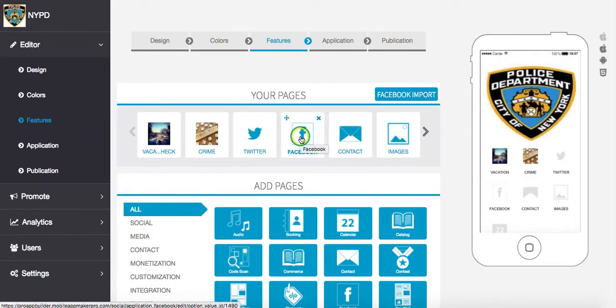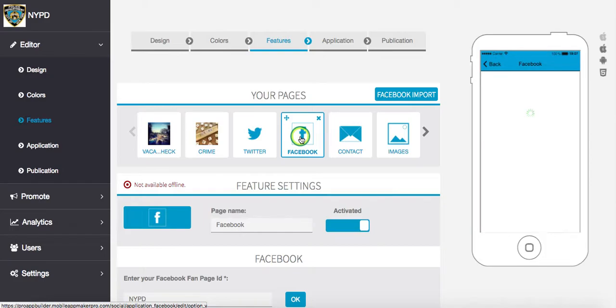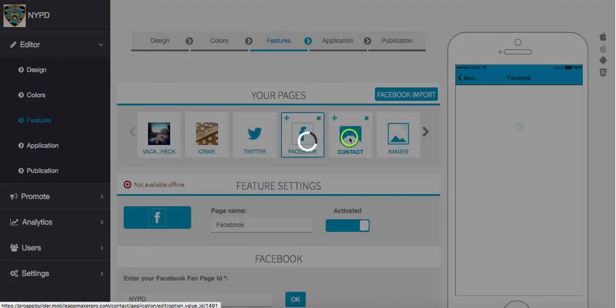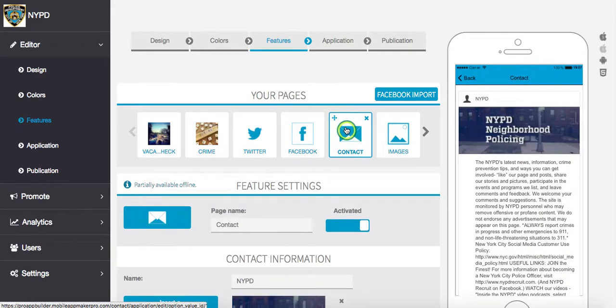Now, when we look at the actual Facebook page, this is actually not going to work because this has to be running on the mobile device itself. And we're going to switch it over to the iPhone 6, make it a little bit bigger. But then when we come on over to the contact portion,